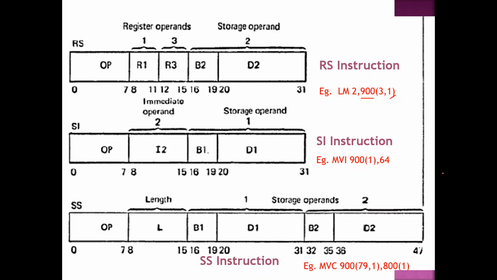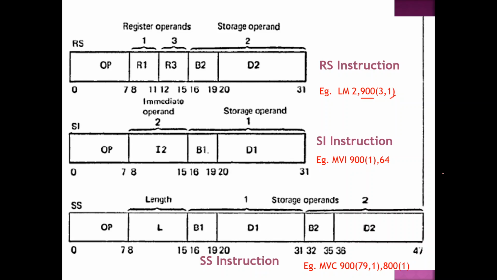Why? Because I wanted to copy the values present starting from 800 to 879. 800 to 879 is how many? 80. Totally 80 values. I wanted to copy them to 900 to 979. So I have copied how many locations? Not just one location. I have copied the whole set of locations to the other set of locations. You remember in MP we have actually done a program, block transfer and all. So just one command here will do that. It is actually one command which will do the block transfer here.